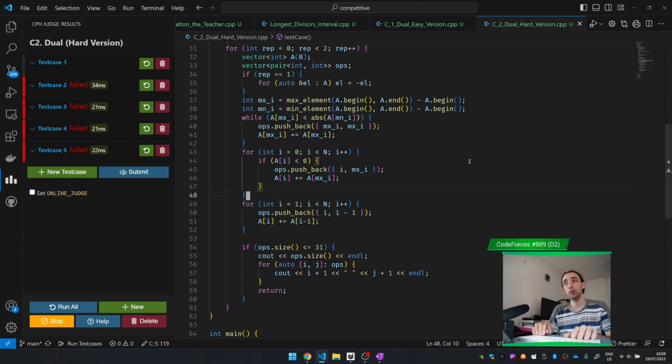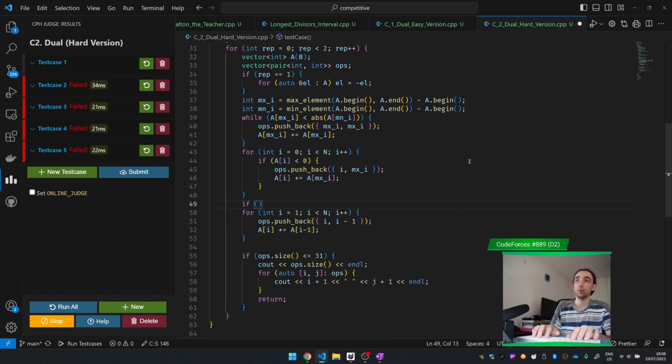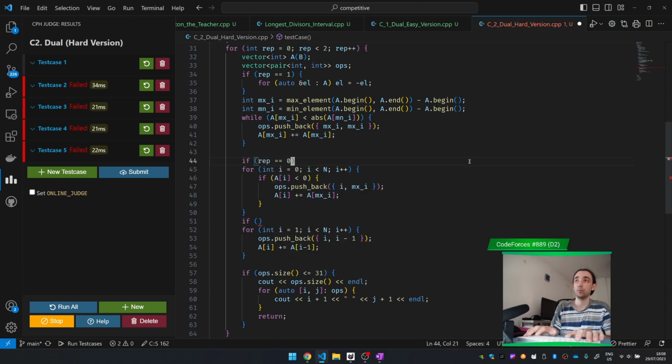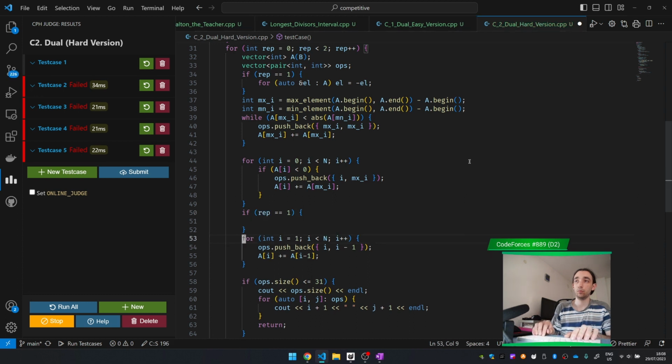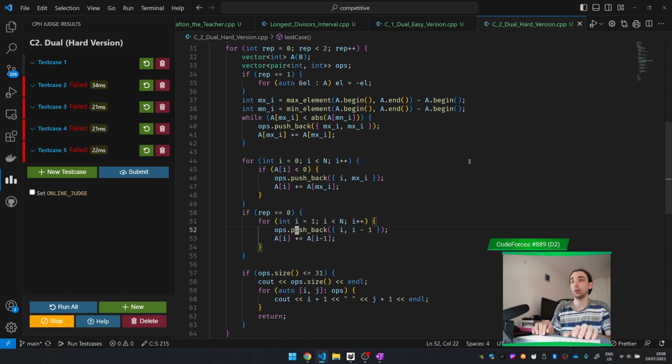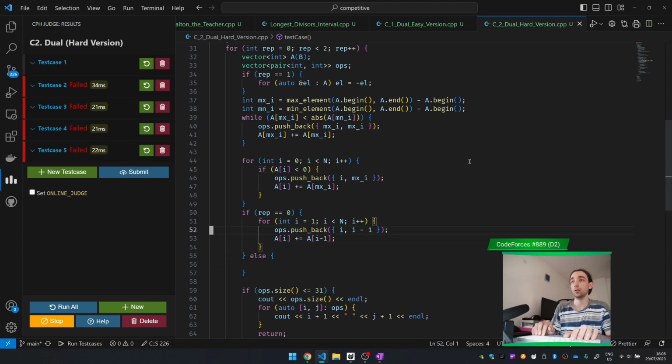But then I want to go from the back side here. So if it's 0, it's this. And then else it's